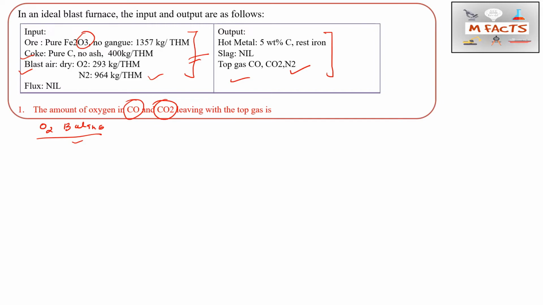is going. First of all, we have this pure Fe2O3, and this pure Fe2O3 will produce 2Fe plus 3O when the reduction reaction takes place. Sometimes people write 3 by 2 O2, so if you do it that way also, the answer will be the same. In brackets I will write 3 by 2 O2. Generally we don't write this O. So Fe2O3 equals 2Fe plus 3O, or 3 by 2 O2. We can write anything.